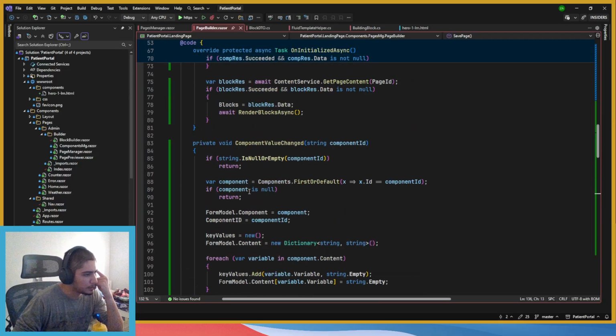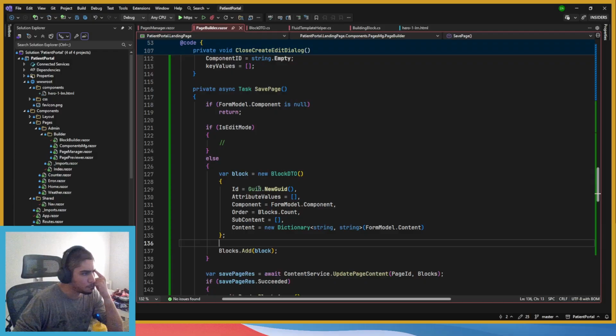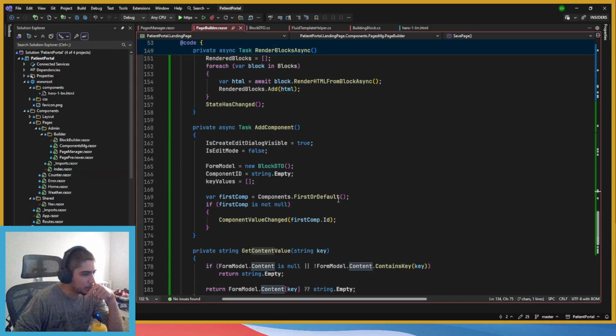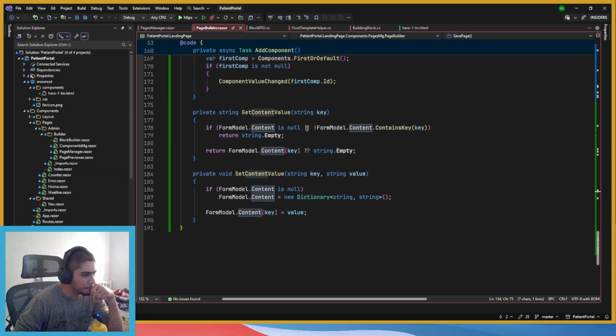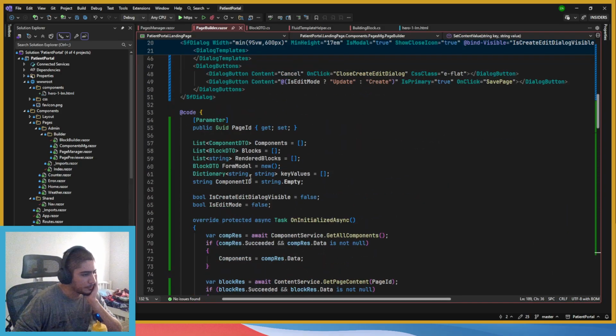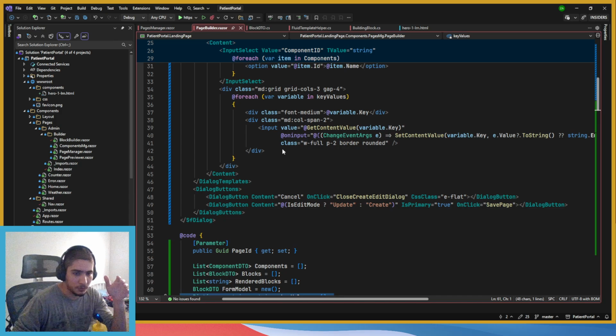And yeah, it seems like this is it, I guess. Let me check. What's the form content in here? Okay, I haven't checked this change values. So it's using. Okay, so because it's using key form content, I'm gonna remove this one then. I'm gonna remove the key values because I don't need them. And I'm gonna add a selected component, so we can add also an input for the file, and then we can save the file locally. And now we can have like everything that we wanted with this system.